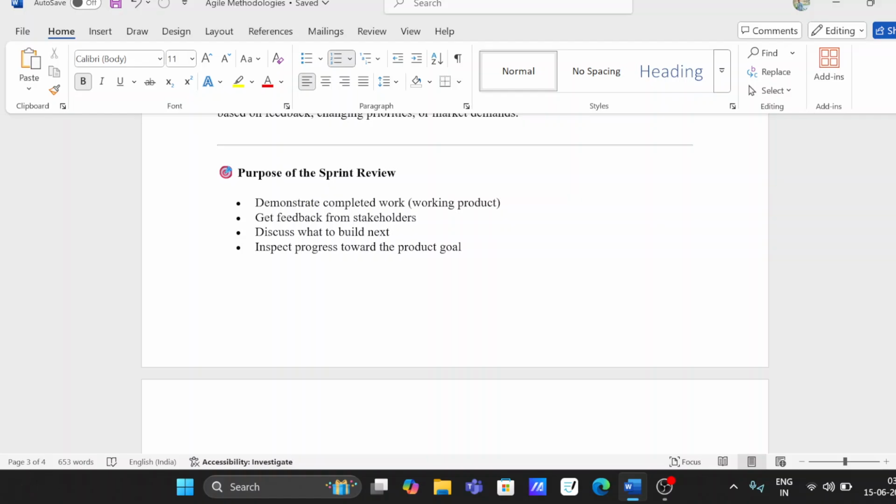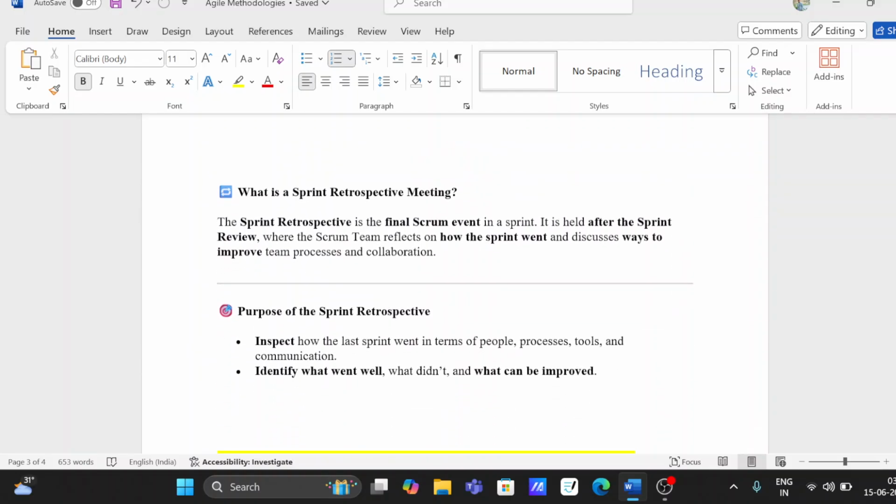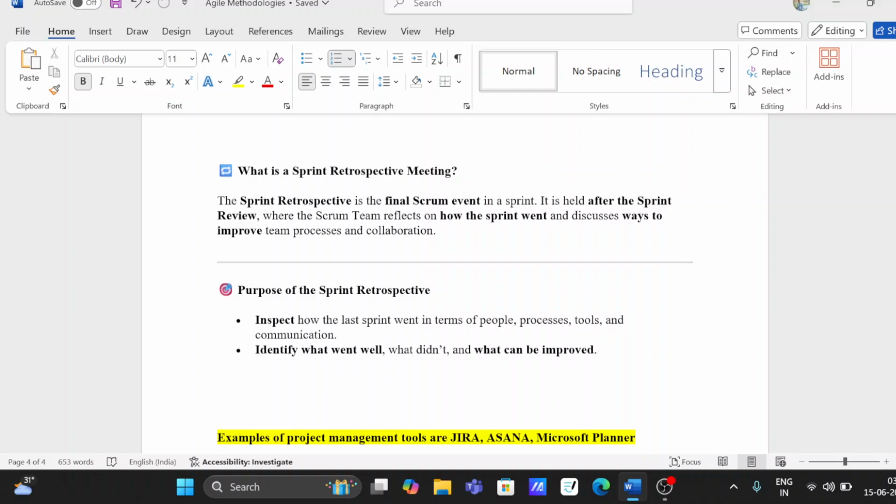from the stakeholders that this is not the way I want. I want to change this feature in some different manner. So now this is the feedback, and you'll need to implement it. Now the most important thing is, once the feature is delivered to the client and you are done with your sprint